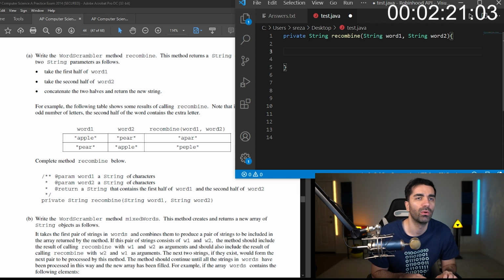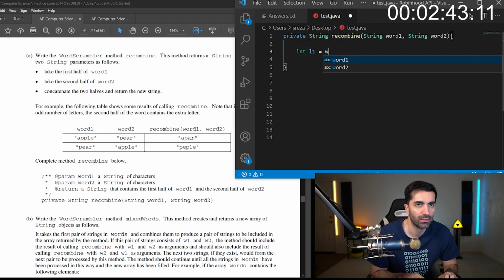So what we want to do is get the length and then get the substring. Let's get the substring of the first word, which is going to be the first half. So what should we call it?